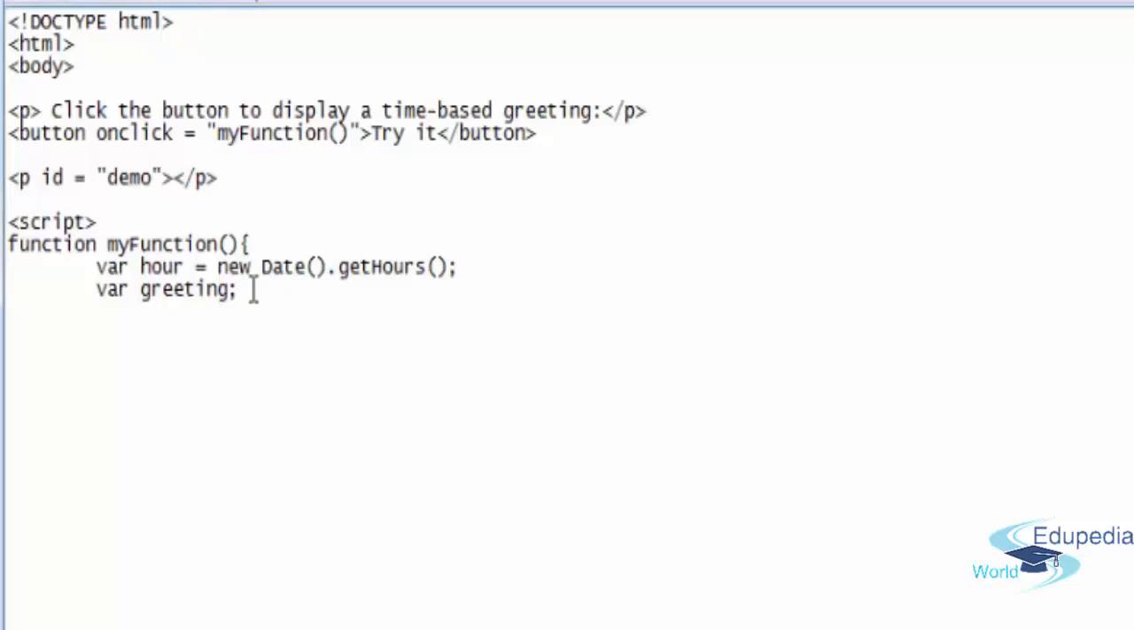Okay, now let's begin the if block. If hour is less than 18, which is less than 6 p.m., hit enter, tab again, greeting is equal to good day. Okay, and close the curly bracket,